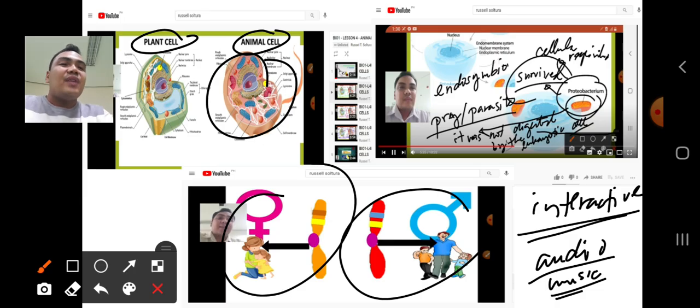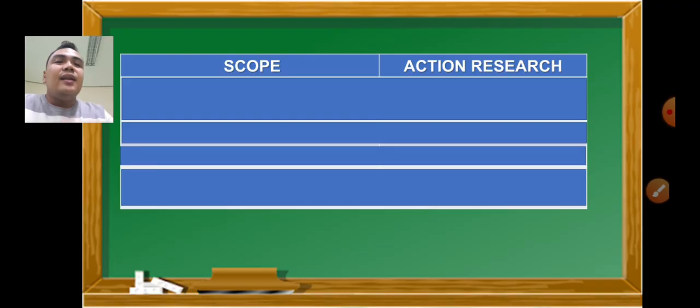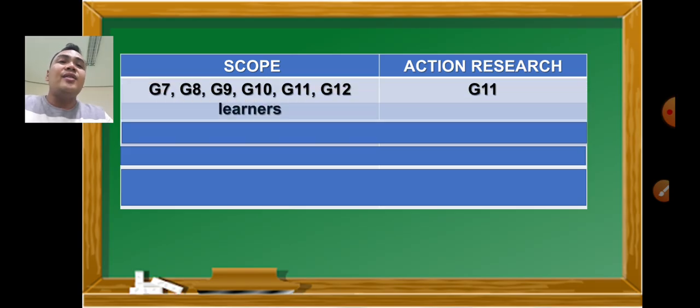So, through the use of video lessons, we can help our learners understand this topic. Okay? So, going back to the context of action research, this is an example of an action research. Remember, in terms of scope, let's try to review the example. The scope is that